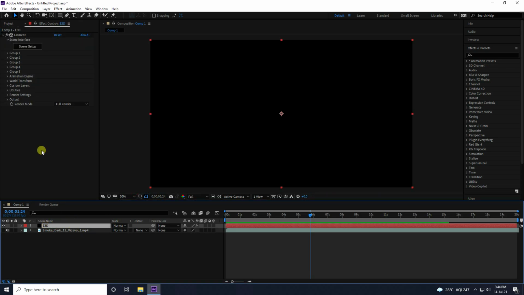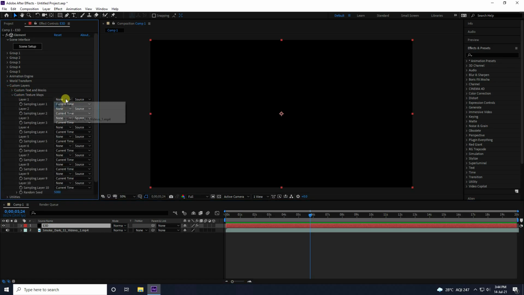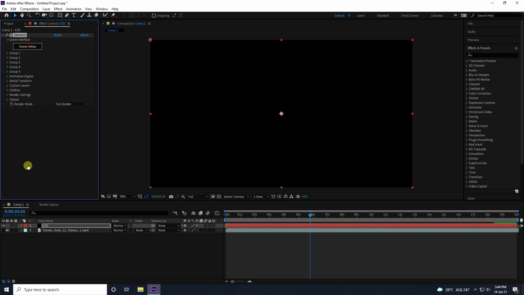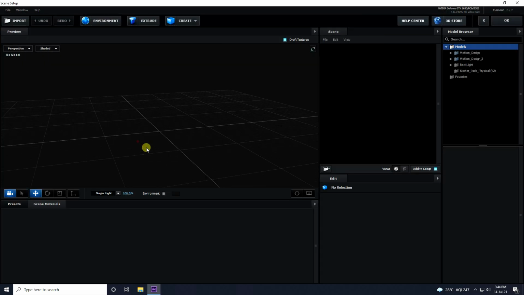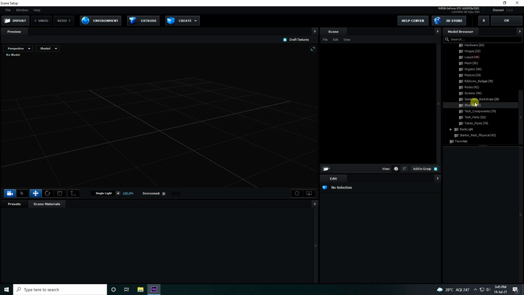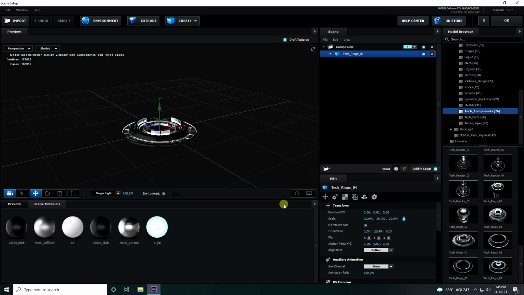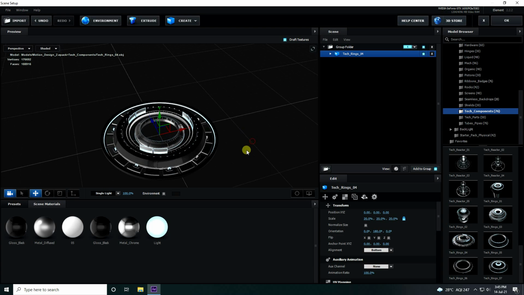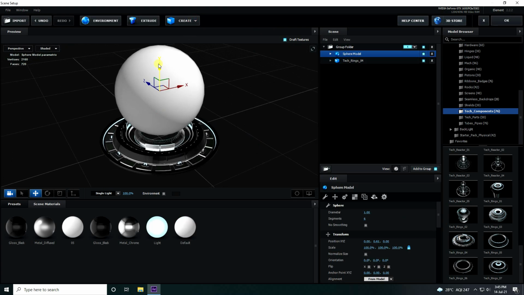Guys, select this E3D and go to custom layer and custom texture map, apply to smoke effect and press scene setup. Right. Okay, so guys, I go on here motion design 2 and apply some objects. So go to tag composition compounds, so click on here like this. And next one, I use sphere, go to up.